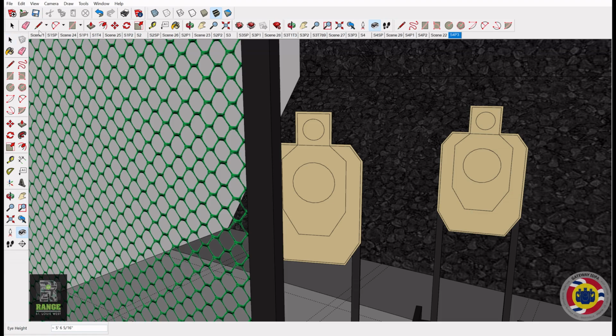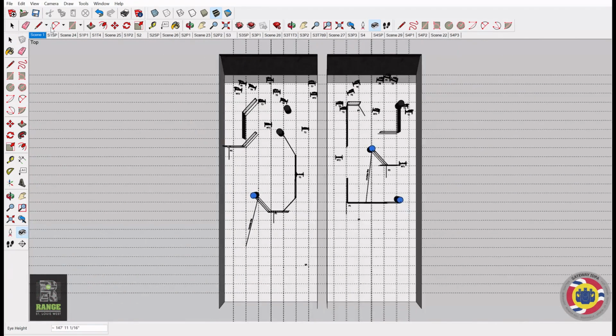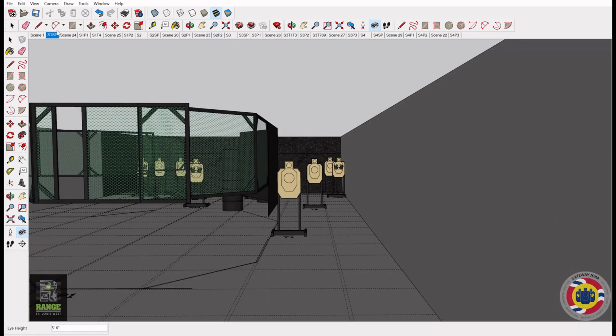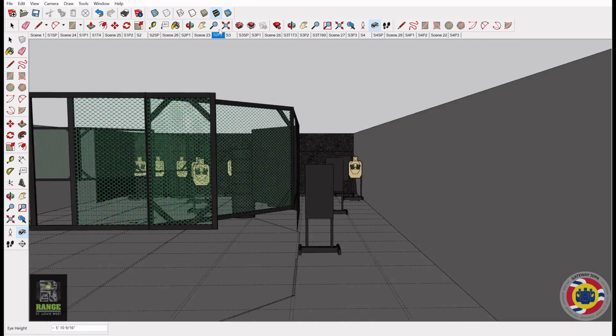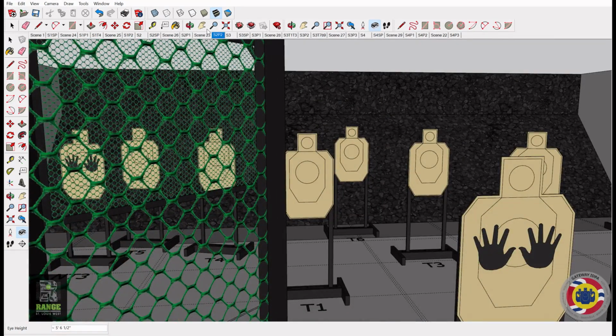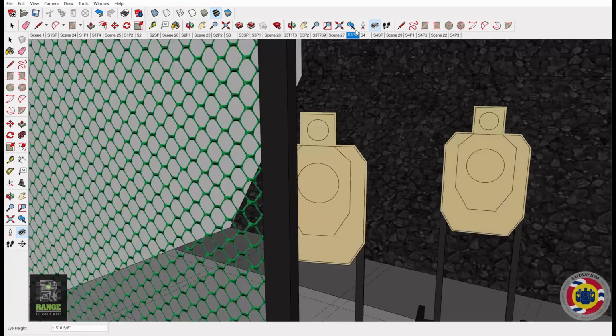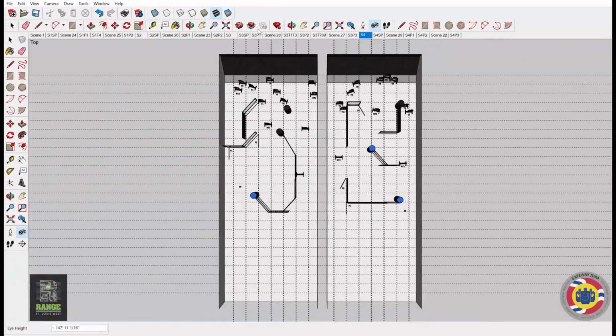Essentially, there's a couple things to keep an eye on for setup. When we go from S1 to S2, you may have just seen that a little bit, but we cover up the other targets that are not part of the stage with black trash bags simulating hard cover. On bay 2, the only real change that we make between the stages, oops, sorry,